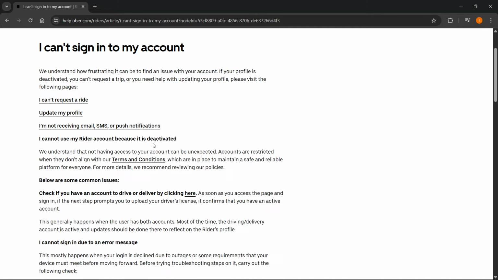Now, if that's happening to you, make sure you read this. And over here, it says that this can happen because you haven't really been acting alongside their terms and conditions and their policies. Now, you want to read these through, and then if you actually have done something that you should not have done, then unfortunately there's no way for you to actually reactivate your account. However, if you do still think this is a mistake and that you were completely inside their terms and conditions